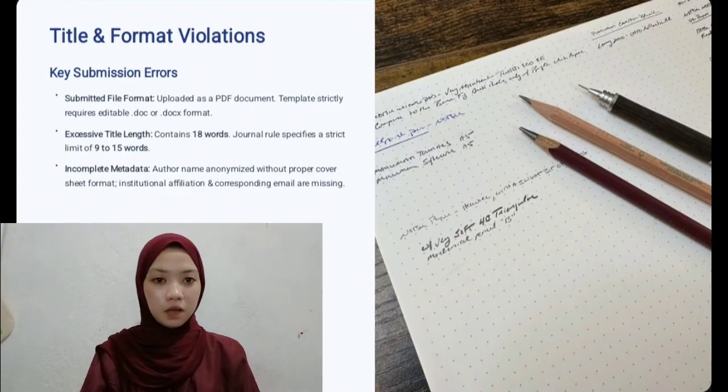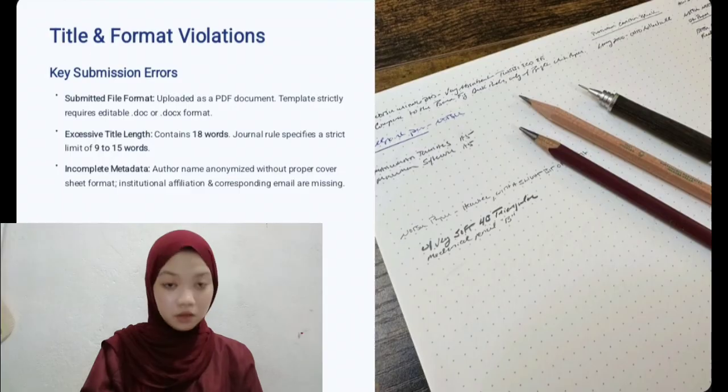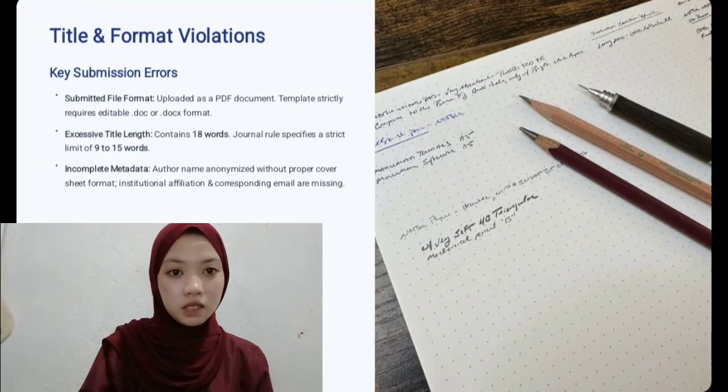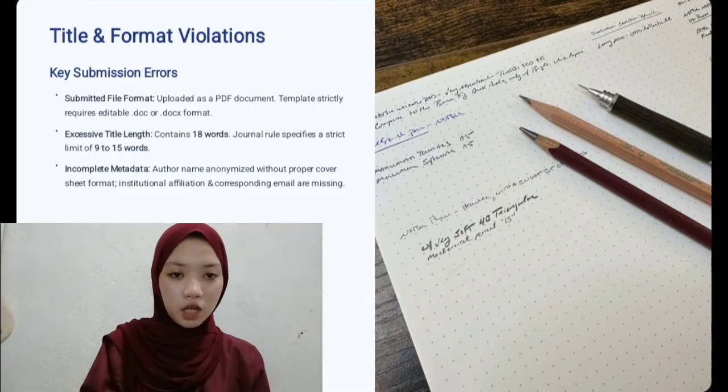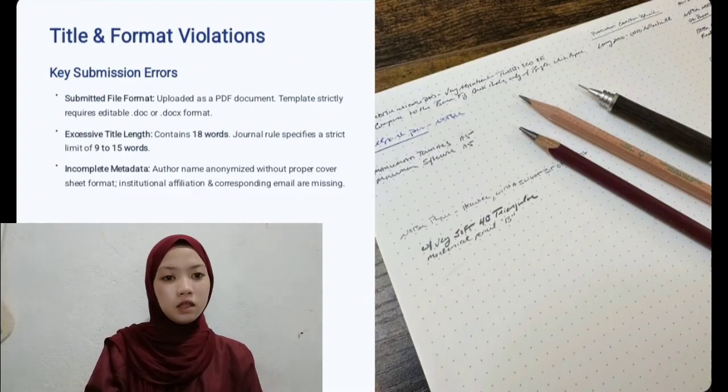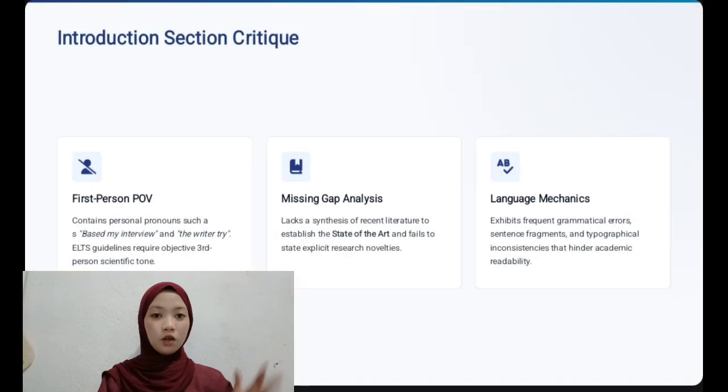Finally, the author name is anonymized and the institution affiliation as well as the corresponding email address are incomplete.